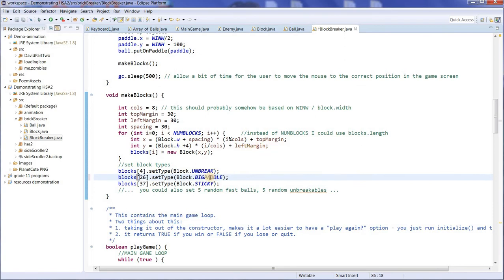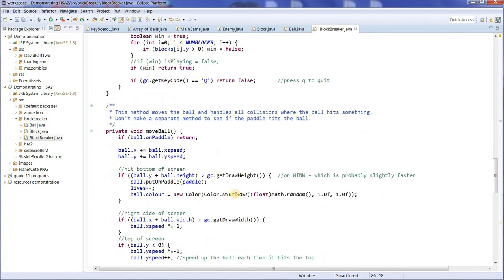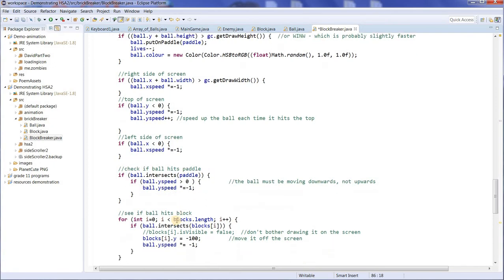So I'm going to see if I can get these things working. And how we're going to do that is we have to check when you hit the block, what happens when we break the bricks. So this is where the ball hits the paddle. And okay, here's where it hits the brick. First of all,